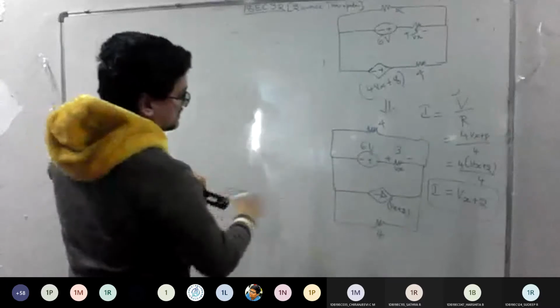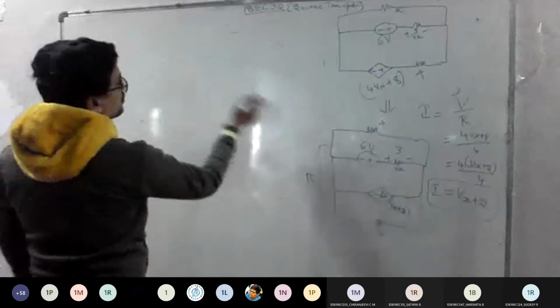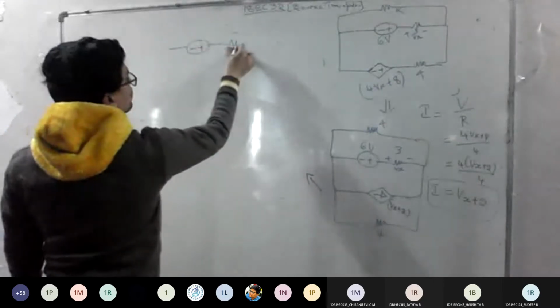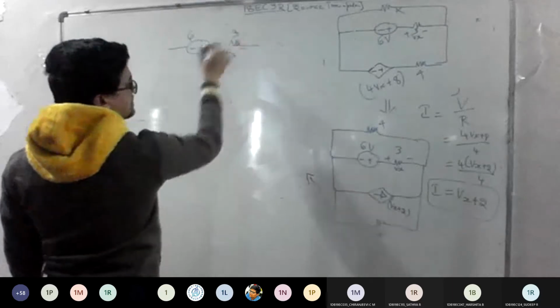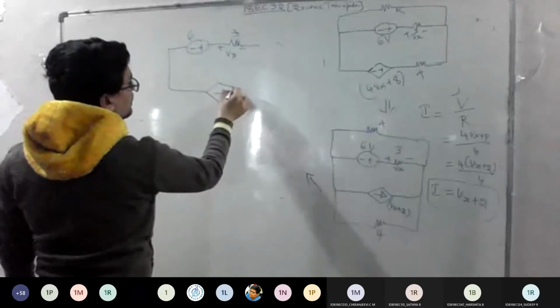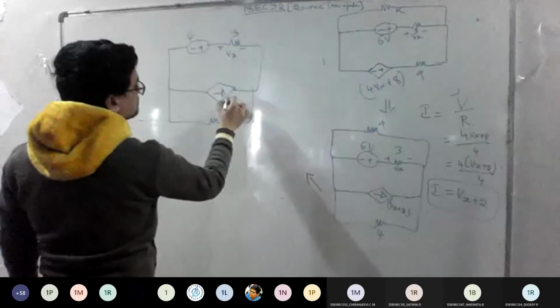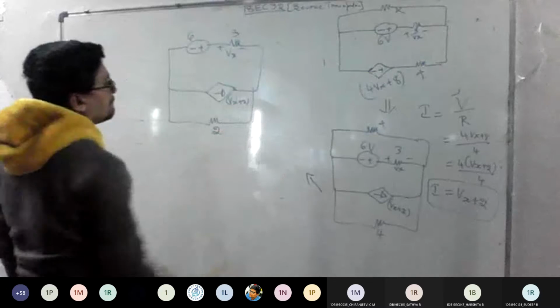See, step by step, I wanted to follow this step. So this 4 ohm goes off now. What is left out is minus 6 and 3 ohm. So 6 is here, plus or minus Vx, 3 is there, and retain this current source as it is. And now we are going to get one single resistor. What is the value? 2, no? 2. Yes, sir.